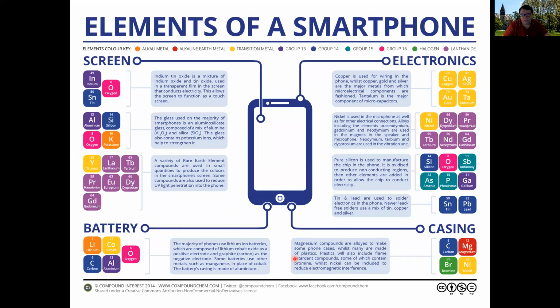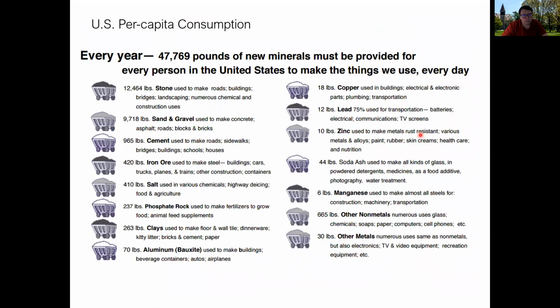Another example of this is just looking at a smartphone. We all hear these computers held within the palm of your hand are more powerful than the computers used to send humans to the moon five decades ago. But the reality is that those smartphones aren't just a novel technology. They're actually an incredible compendium of various elements: batteries, like lithium components, casing, a whole range of things, and particularly electronics, which we'll talk about as a major focus of this lecture. Rare earth elements are used for electronics that have enabled this reduction in the size of the computing capacity and screens and whatnot. So all really important.